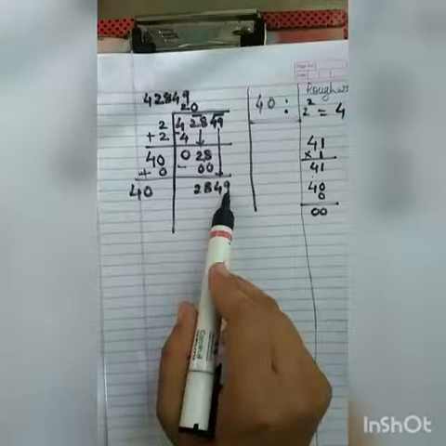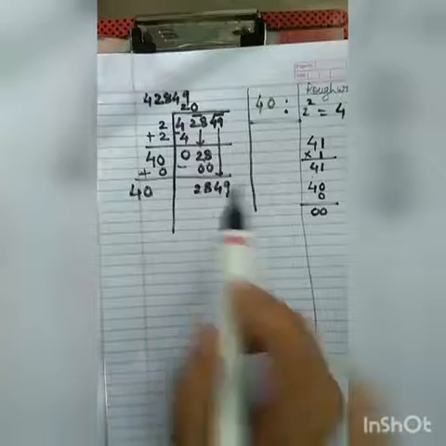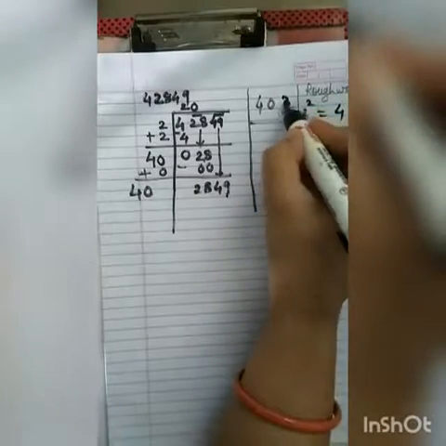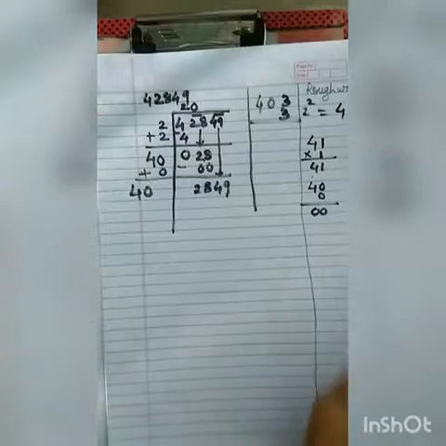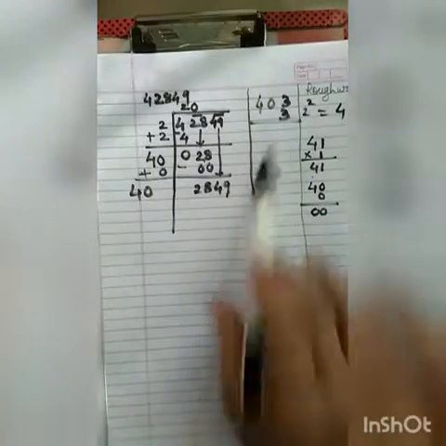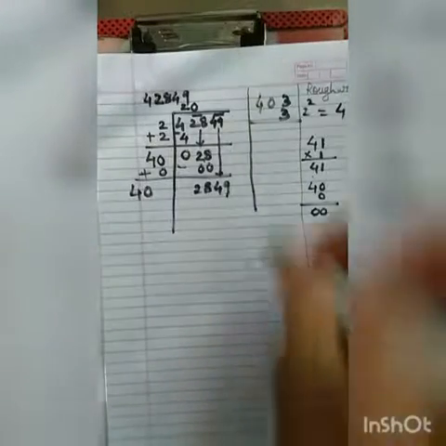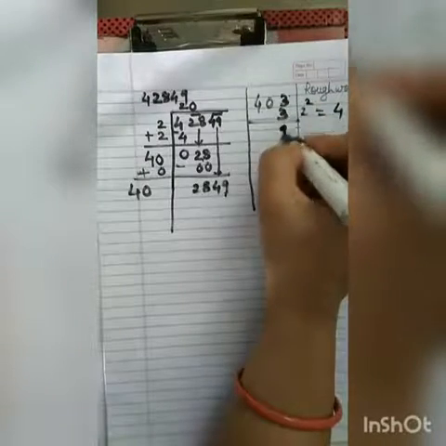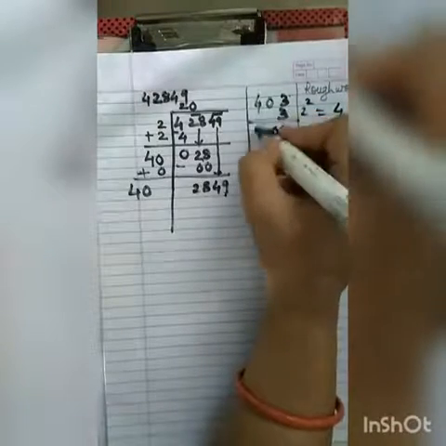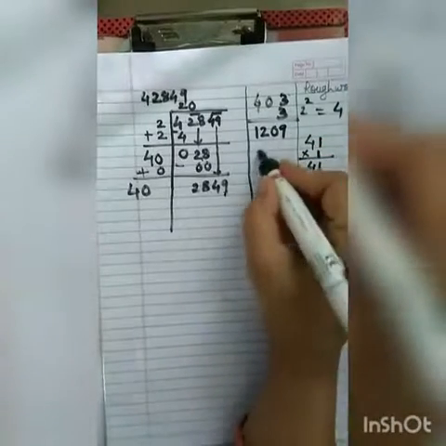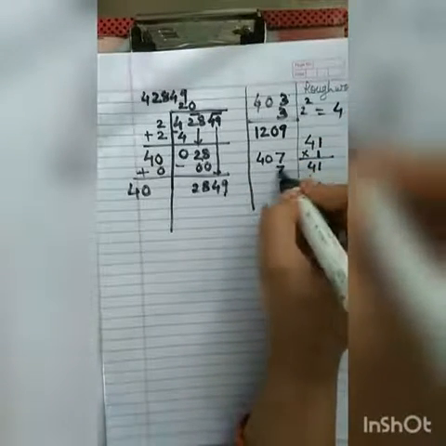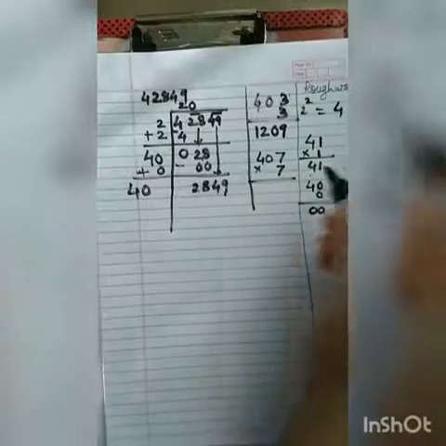I have to take a number which is equal to 2849. As there is 9 in the last, I will start first with 3, because I know that by 3 and 7 I will get 9 in the last. So by 3, if it is not possible, then I will go with 7. 3 3s are 9, 3 0s are 0, 4 3s are 12. It is a very small number. So instead of 3, what will I take here? 7. I will take 7 here.